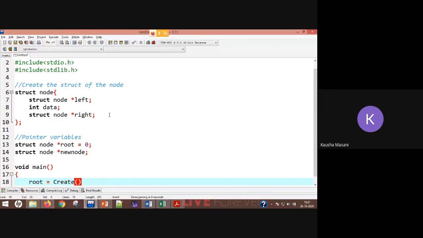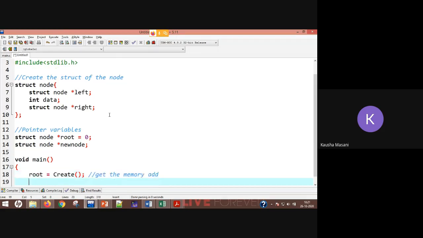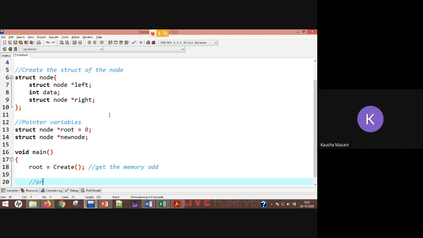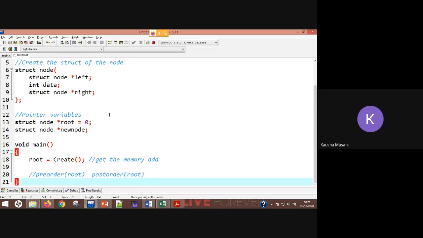So this root is going to get the memory address of the root. Then you can do your pre-order by passing the root value, or your post-order again by passing the root value, or your in-order. Now what is this create function going to have?